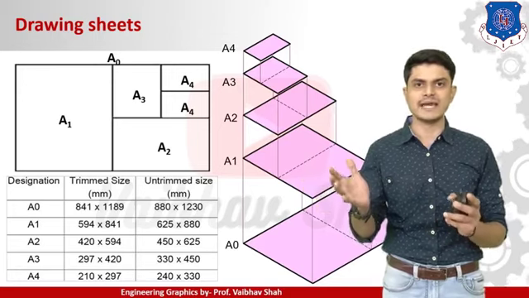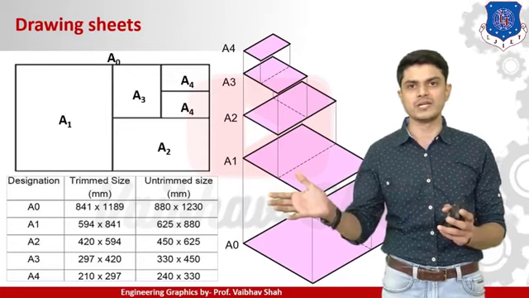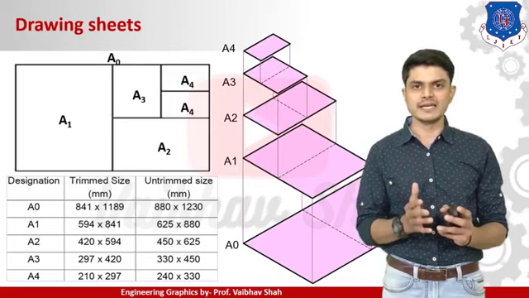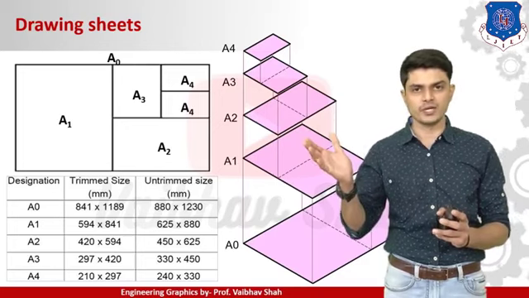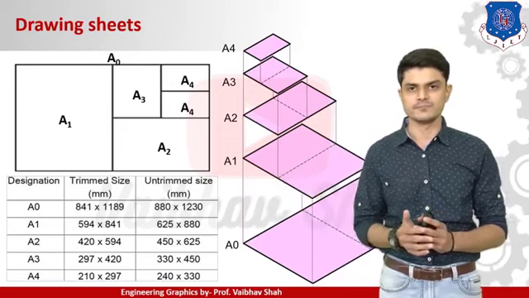So let us make half of the dimension, and we'll be putting that dimension in the place of the width of the second sheet, which is 594. Now we'll be taking the width of the first sheet, which is 841, directly in the place of the length of your second sheet, which is 841.